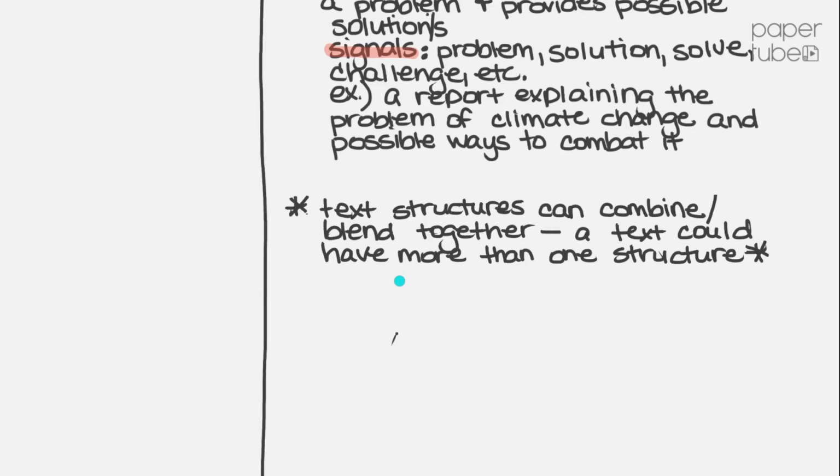The last point that I want to make about text structures is that texts often don't just have one text structure. Usually they use a couple that work well together to organize their text. So, for example, in the History of Tea video that we watched yesterday, it was definitely a chronological order piece,